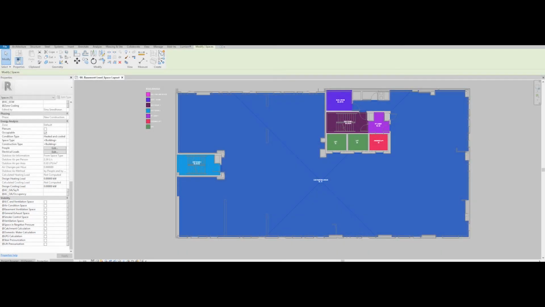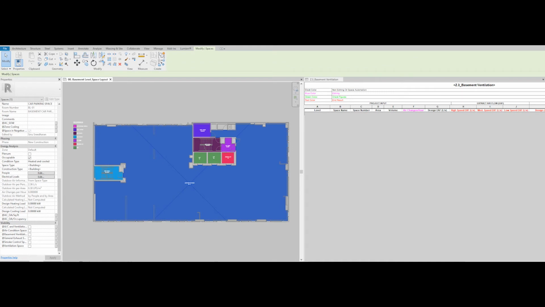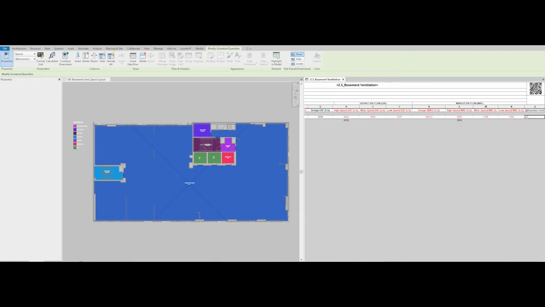So let's go back and check the basement ventilation now. See, I'm going to select this space as a basement ventilation space. Instantly we got the output that we need. The output information includes the fan capacity in different operation modes and the power requirement, etc. This can be customized, like the amount of airflow to be ventilated from the space, by adjusting the number of air changes. Accordingly, the output will change.